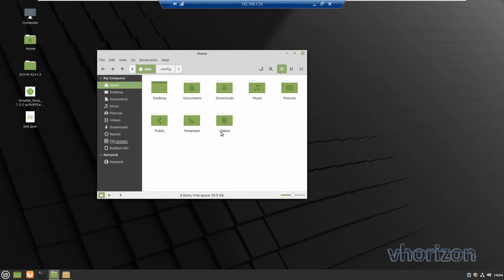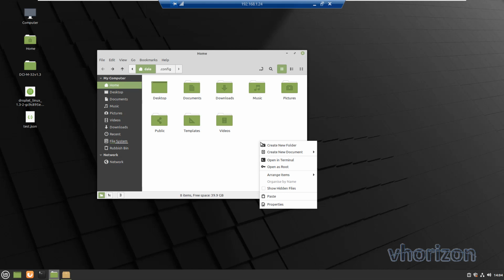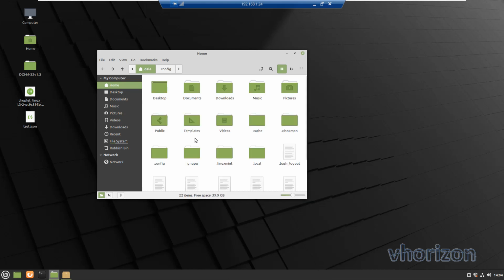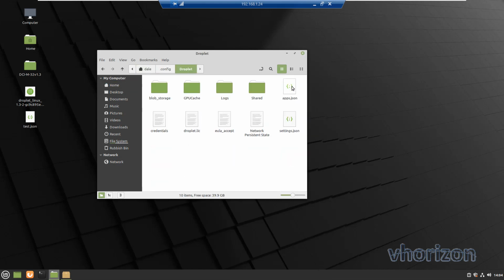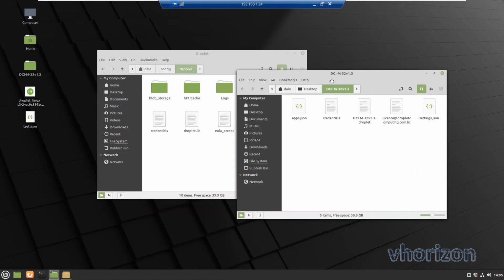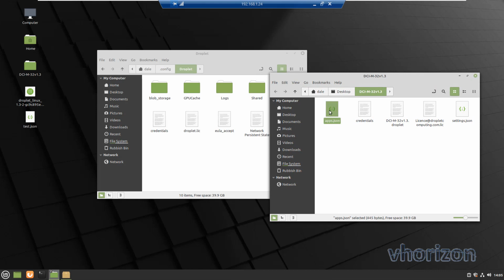So now in Linux, at least my version that I've got here for Linux Mint, we've got our home directory, we've got my username, and we've got some hidden files here. So if we show the hidden files, we've got a config folder. So go into the .config folder, then into Droplet. Here you'll see it's very similarly laid out to how it is in the Windows variant. So all I need to do is copy the files that we took. So we've got the apps.json file,